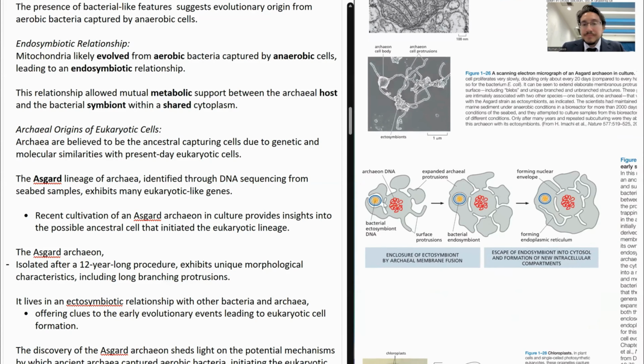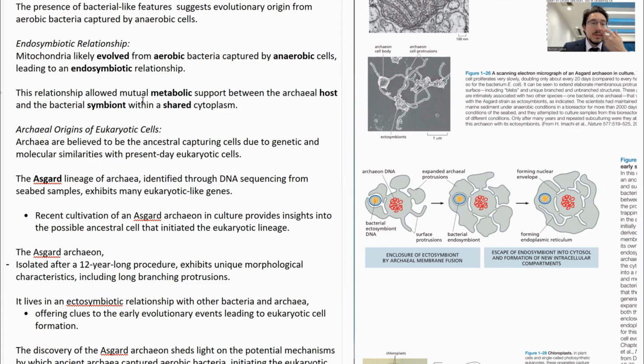So you can see on these panels this endosymbiotic relationship. Essentially, this relationship enabled a mutual metabolic support between each other, where you have this primitive mitochondria that is producing these food molecules from oxygen,